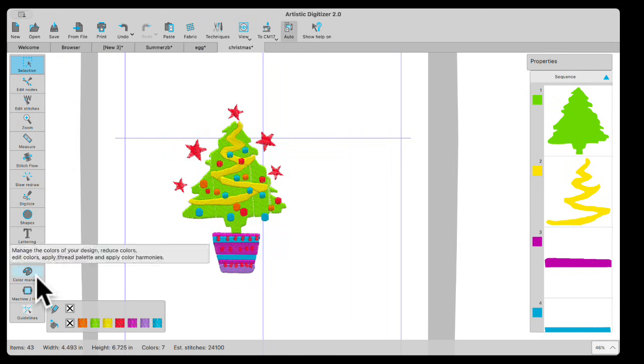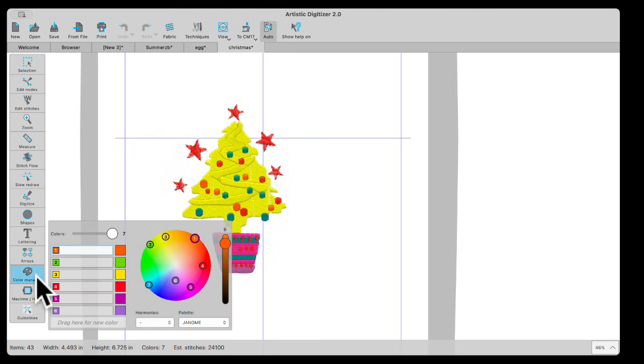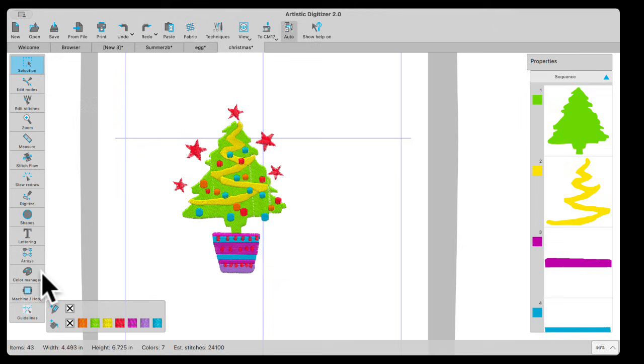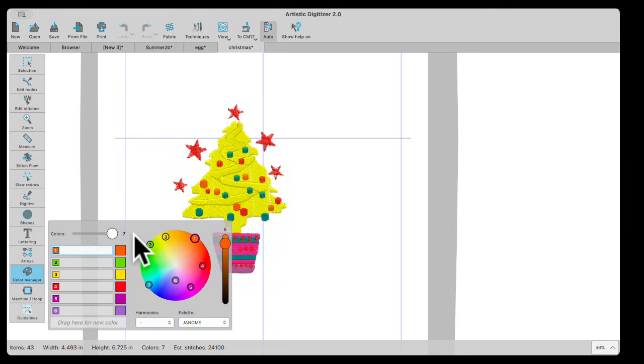Now I'm going to go into my color manager right here. And this is a 7-color design. And there's one more color down here. But if I wanted it to be not 7 colors, and I don't know why it changed, let me go back here. There we go. If I don't want it to be 7 colors, maybe I would like it to be 5